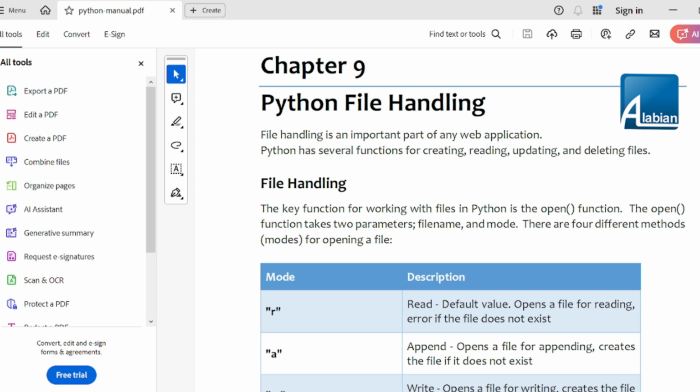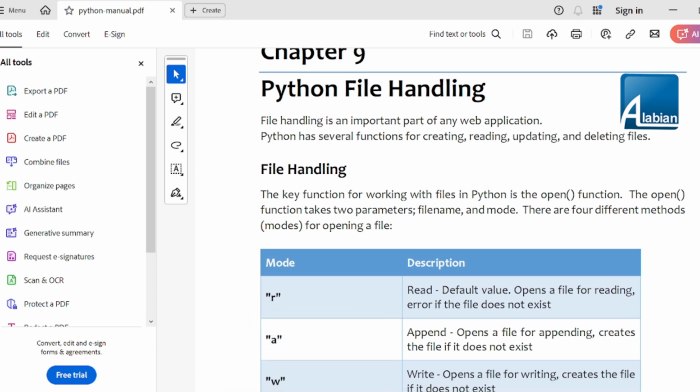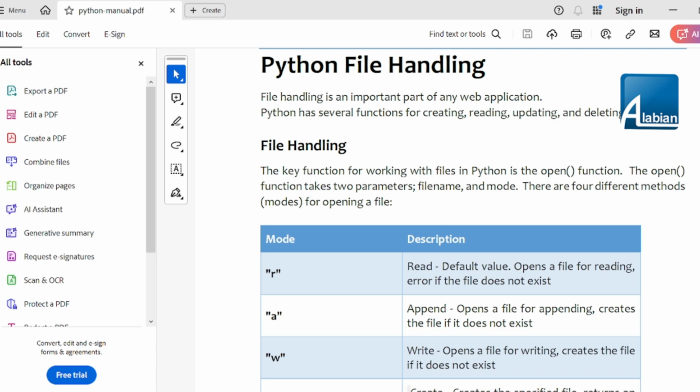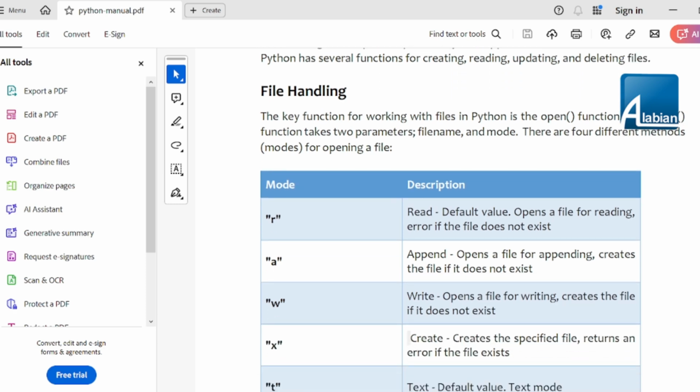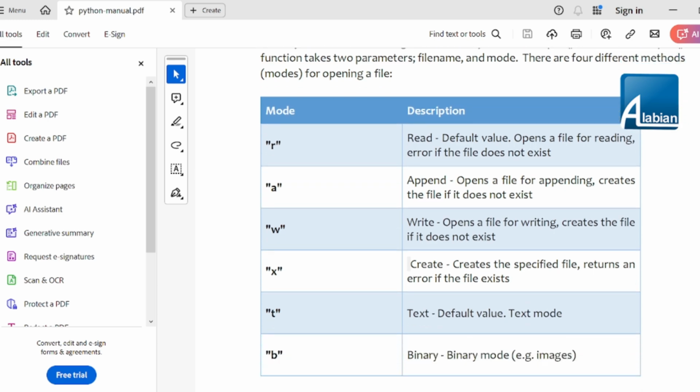And then the mode can be any of these. We have R, which is read, the default value, which opens a file for reading, and gives an error if the file does not exist. We have A for append, which opens a file for appending, and creates the file if it does not exist. We have W for writing, which opens a file for writing, and creates the file if it does not exist. And we have X, which creates the specific file,